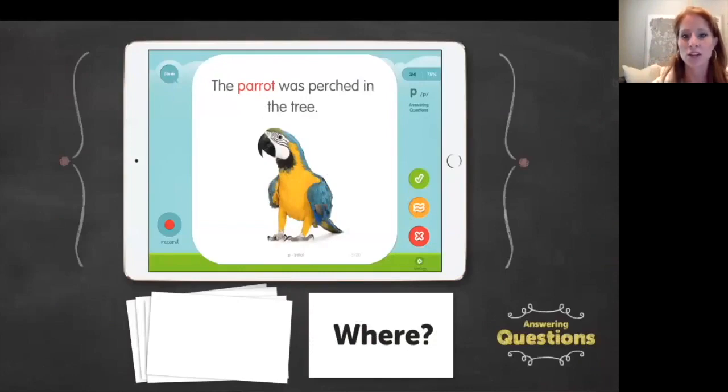Here you can see in this example, I used the unique sentences in Articulation Station, and I just have question cards below it. I flip over a question, and I'm able to ask, where was the parrot perched? And the child can answer, in a tree. So I'll show you how